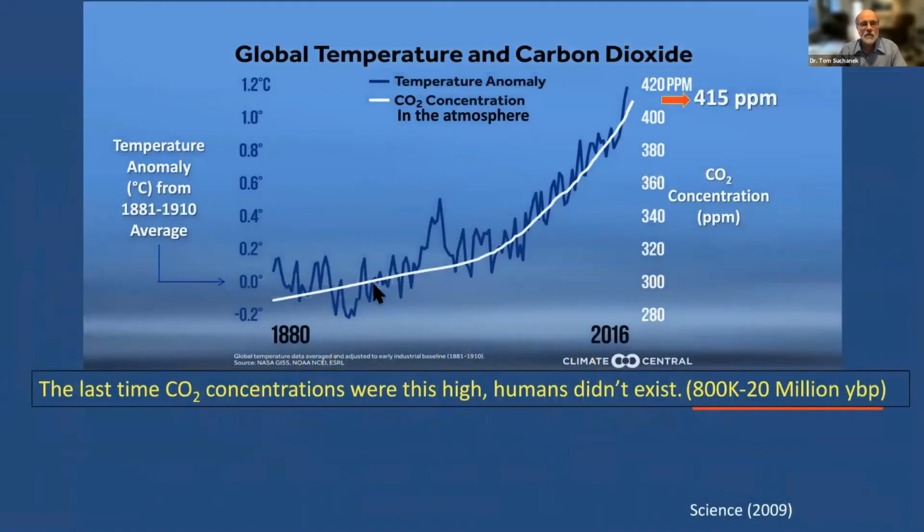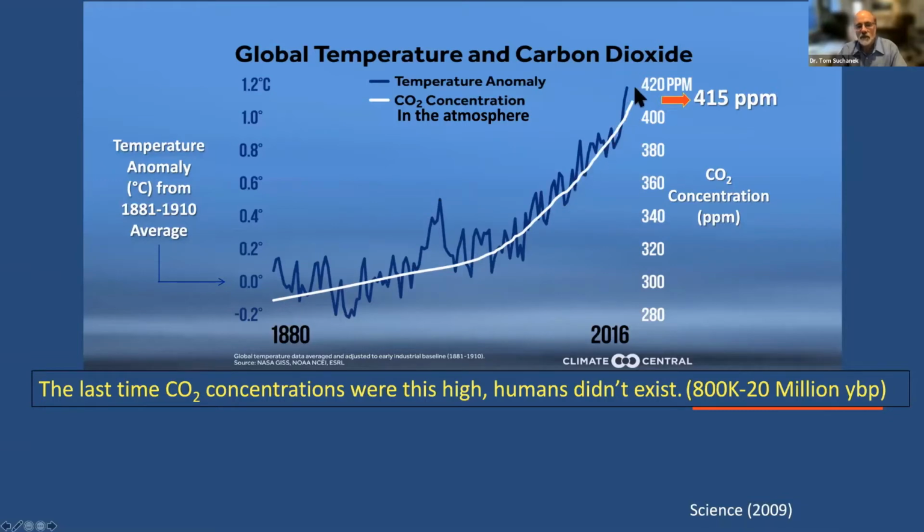So let's take a look at the relationship between temperature and carbon dioxide. On the left, we have temperature increase since the Industrial Revolution, going up to about 1.2 degrees Celsius. And on the right, we have the concentrations of carbon dioxide, like I said, 415 parts per million. As carbon dioxide, which is the white line, increases over time, it goes up almost exponentially. And the temperature, which is the blue line, is quite variable, but it's also correlated with carbon dioxide,